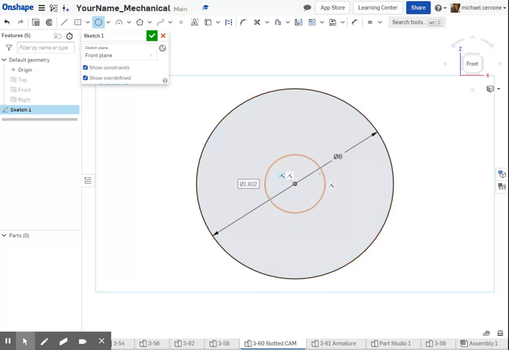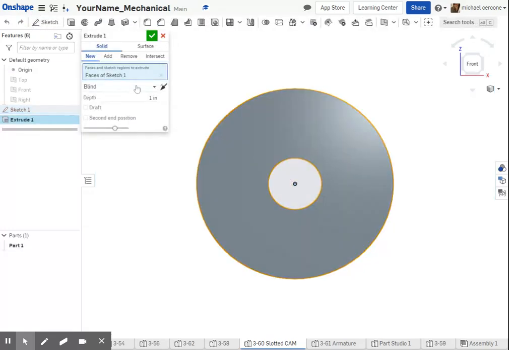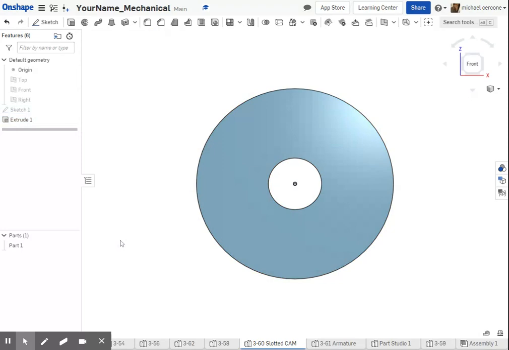That is a hole cut through, and this is a 1 5/8 diameter, so 1 plus 5 divided by 8. There's no set thickness, so I'm just going to extrude this at 1 inch. Alright, so now I need to create these slots, and I'm going to make one and use the circular pattern